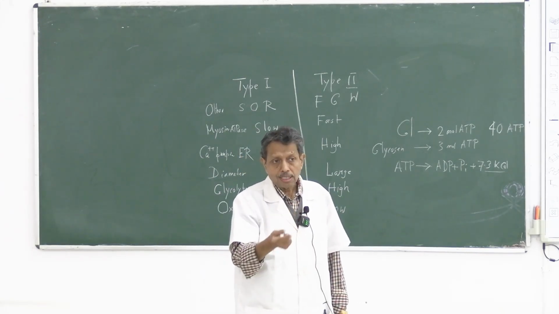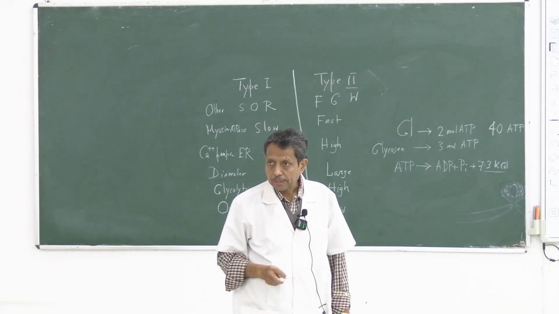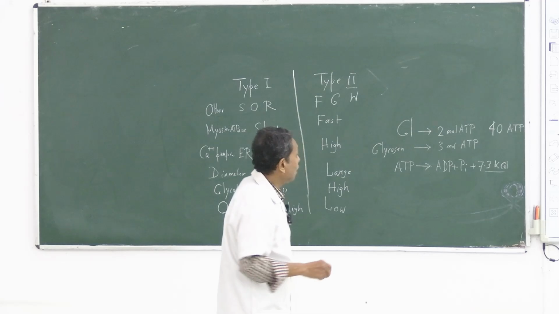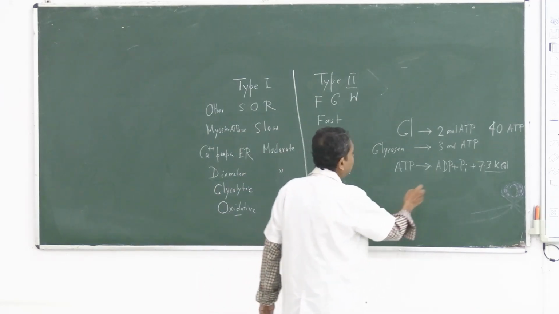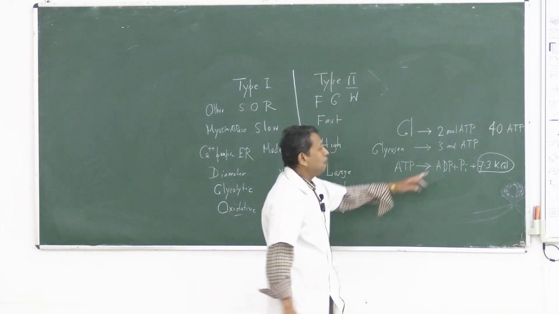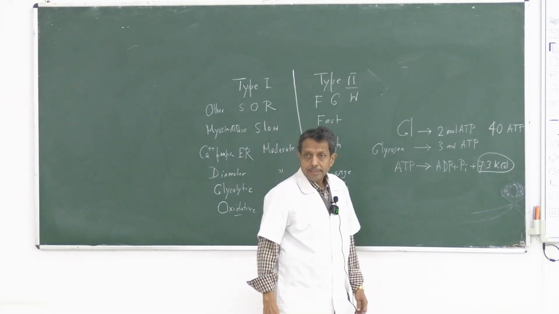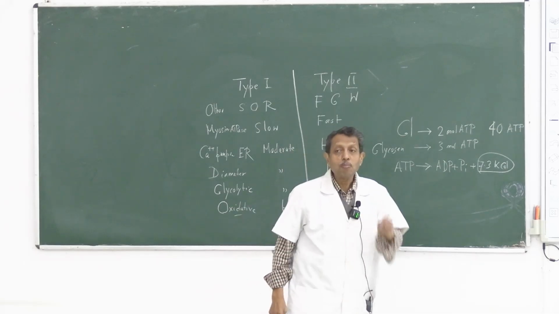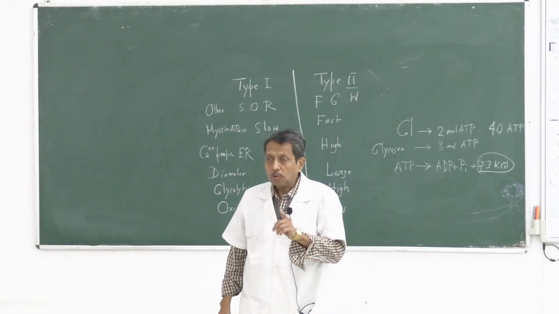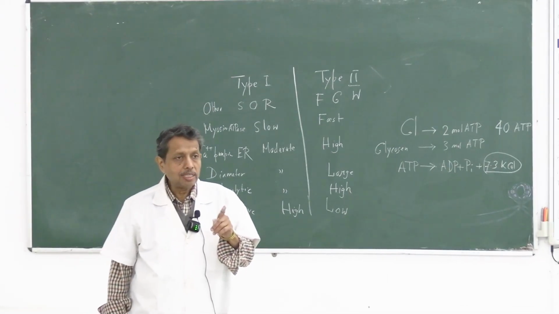Newer biochemistry texts say that a smaller amount of ATP is produced. Clear? And from this concept you will find that 7.3 kilocalorie, and if it is 38 or 39 or even 40, your concept of 1 gram of glucose, the heat liberated by 1 gram of carbohydrate is equal to